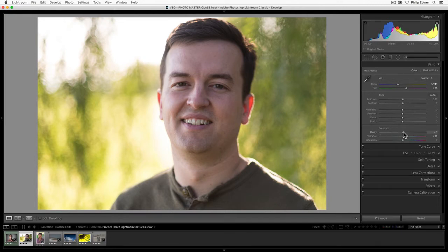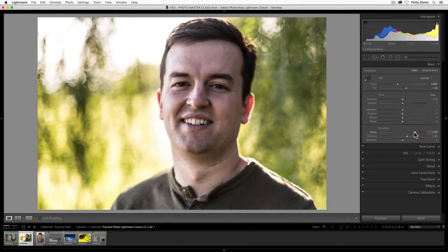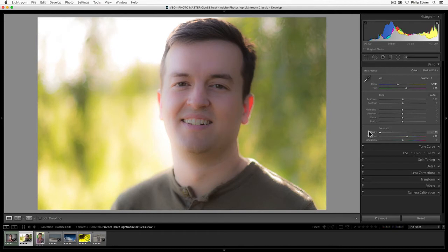Clarity is not related to really color, so I'll just mention it really quickly though. It basically adds a little bit of sharpness and detail to an image. If I go extreme, you can see what happens. You can see all the details of my hair, of my 5 o'clock shadow, my freckles, my moles, everything. If I go all the way to the left, it gets super sort of dreamy, soft.